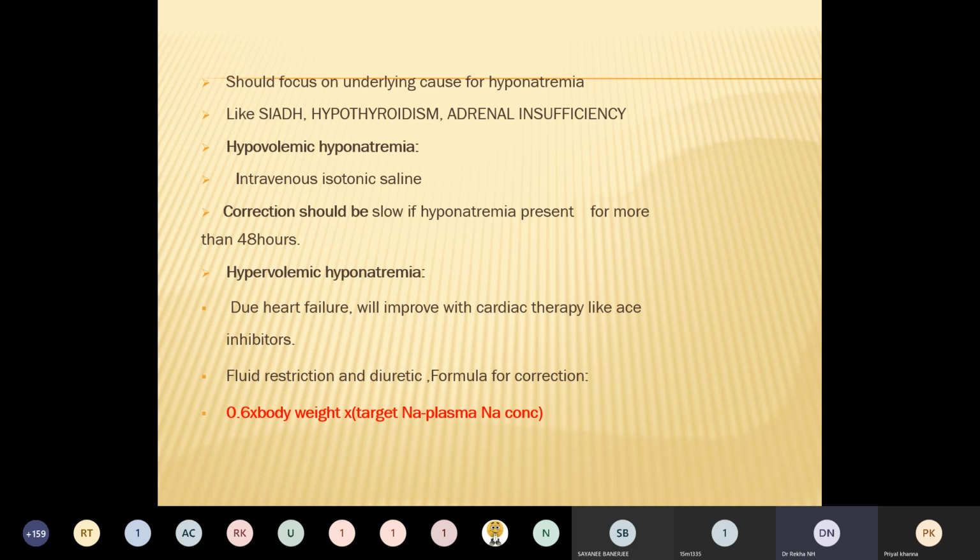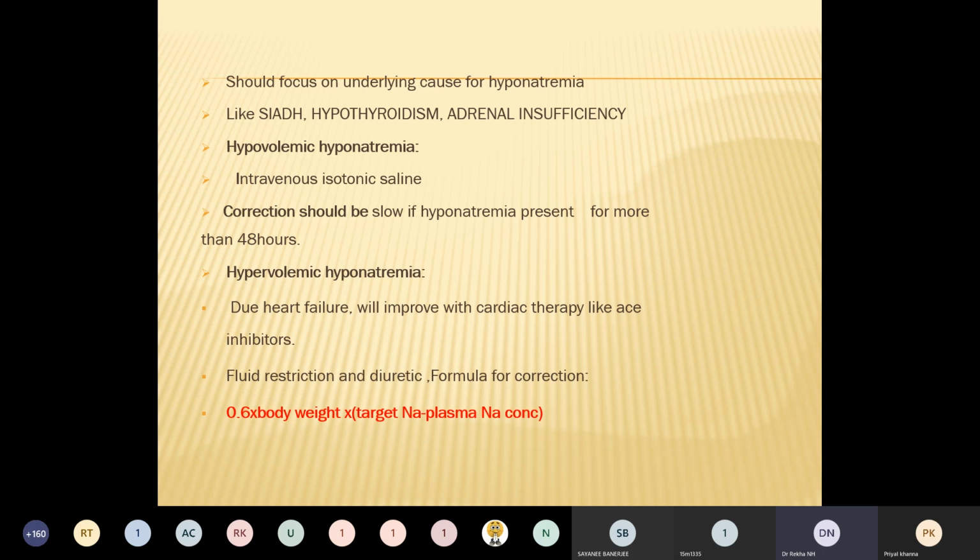So you should focus on whether any reversible cause is present for the hyponatremia. In hypovolemic hyponatremia, we have to treat the fluid loss, that is, we can infuse intravenous isotonic saline. Correction should be slow if hyponatremia has been present for more than 48 hours. And in hypervolemic hyponatremia, in a patient with heart failure, we have to go for fluid restriction and diuretic